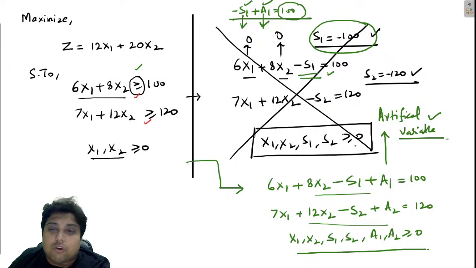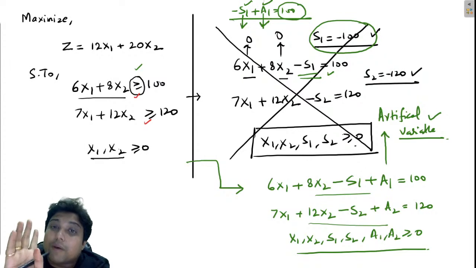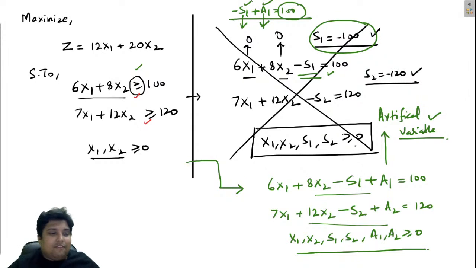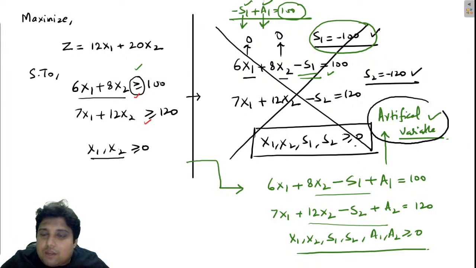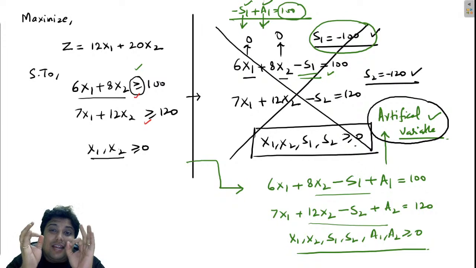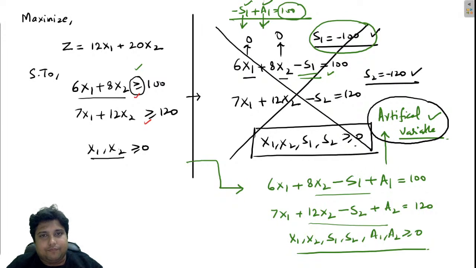Now, what do we get out of this? We have to perform the first iteration. But my friends, because we have added this artificial variable, there is one more thing that we will have to do before we solve this problem using the simplex method. Let me tell you, this artificial variable is a very dirty thing. Once it became a part of your problem,